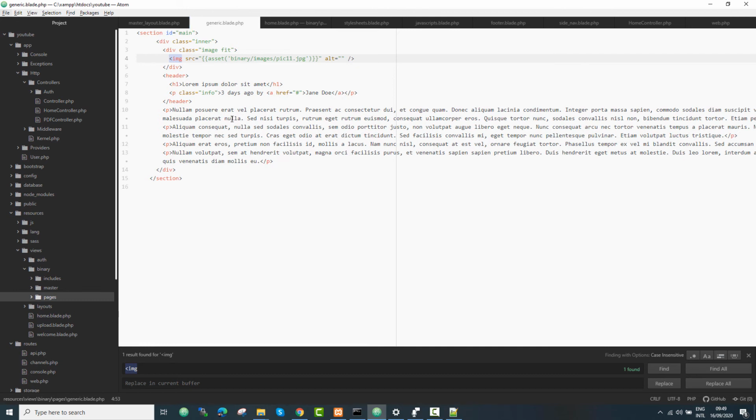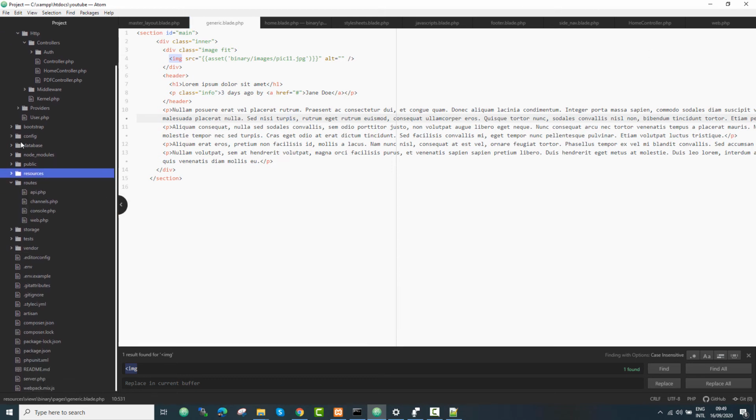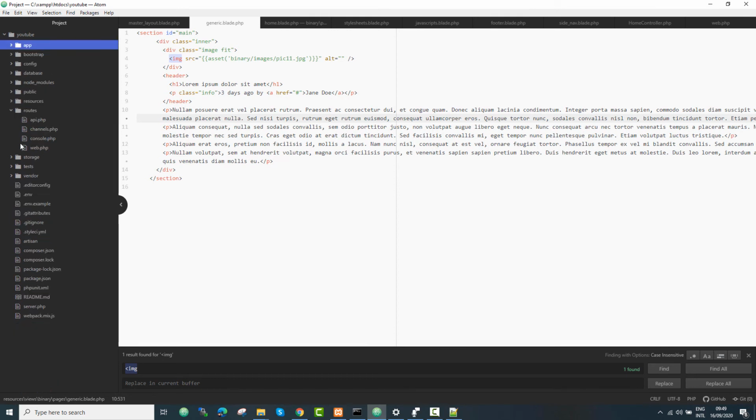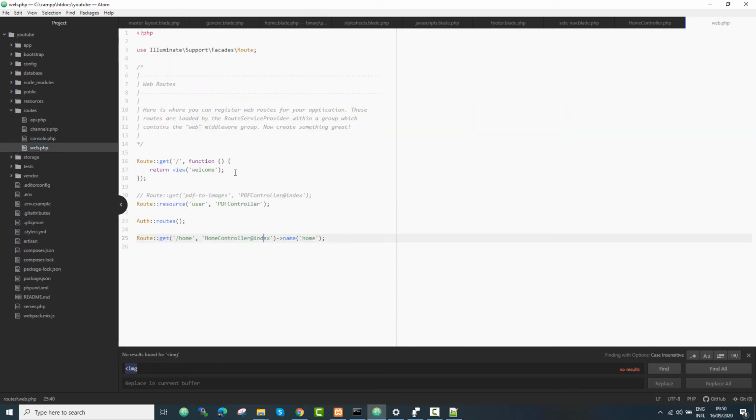So this view is created now. Now we need to bind this view to our route. So for that, let's collapse all of these things. If we go to our routes folder, there is a file called web.php. Inside that we will just copy this line and paste it again,